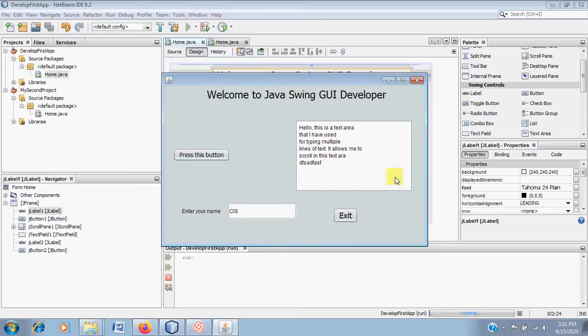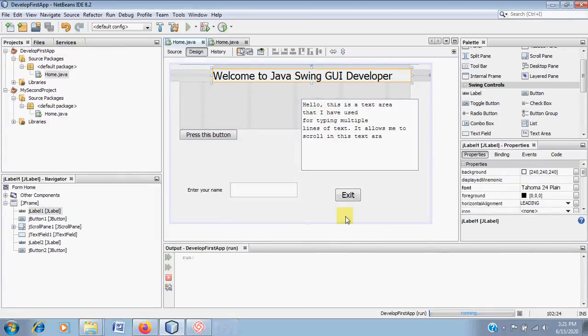And after this application is done, when I want to exit this application, I click on the button here. When I click on this button, it has closed my application, and I have now come back to the design mode of my application. So I'm just going to show you how to use these components in today's video, and later on in the next video I'm going to show you a few coding examples for the buttons.